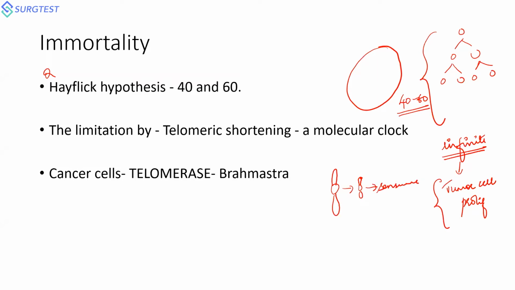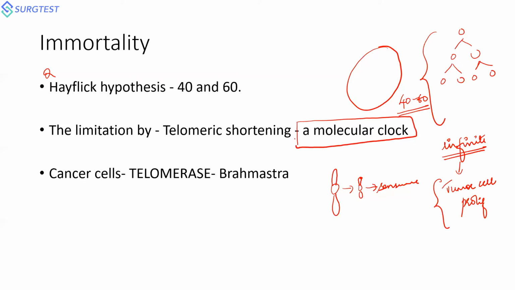Whenever there is no shortening of the telomere, it is understood that that particular chromatid can continue to multiply and divide, and they will be subjected to subsequent cell divisions, and eventually continue to multiply without any cell check. This is occurring at the molecular level. So this is why telomeric shortening is called the molecular clock.